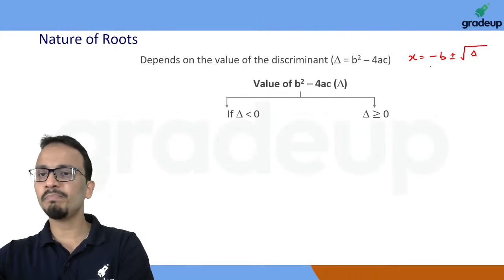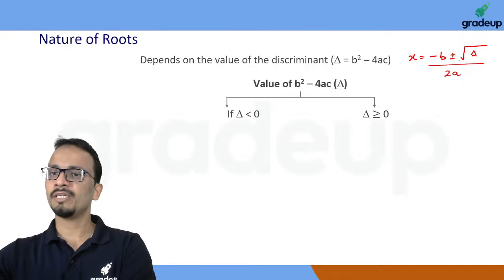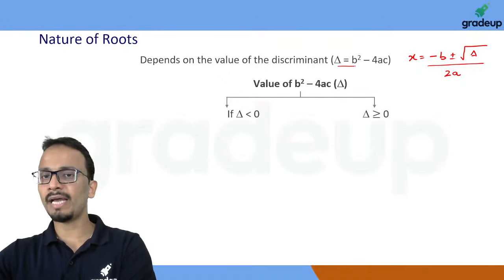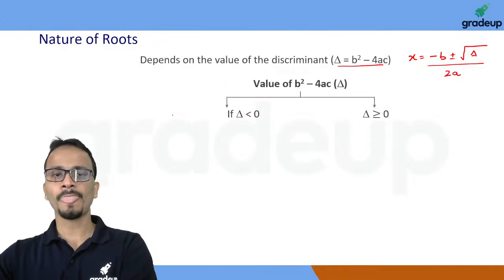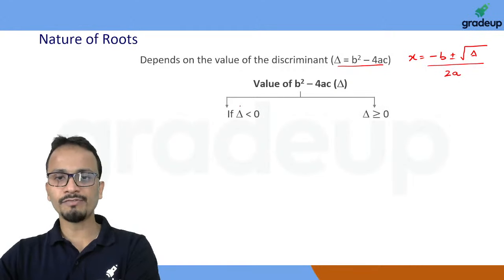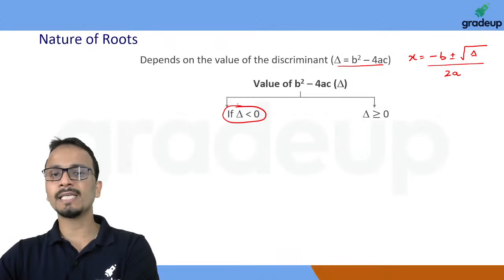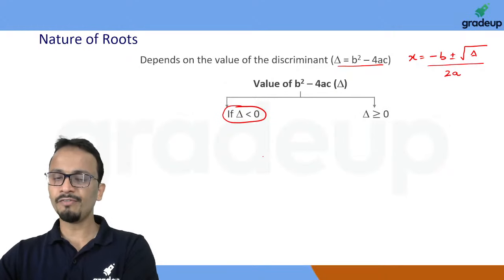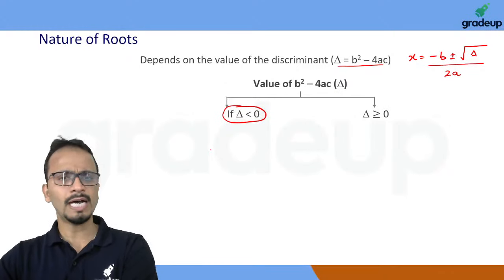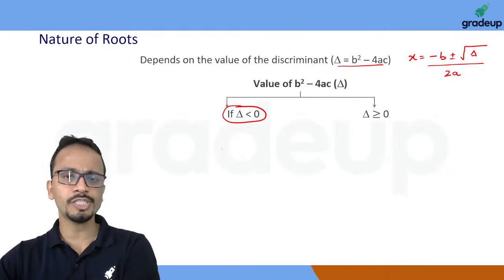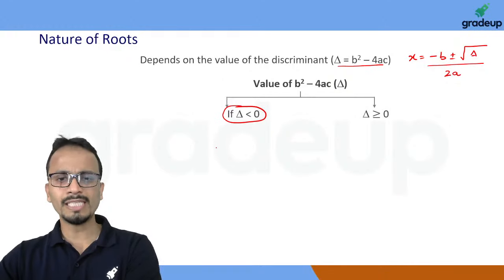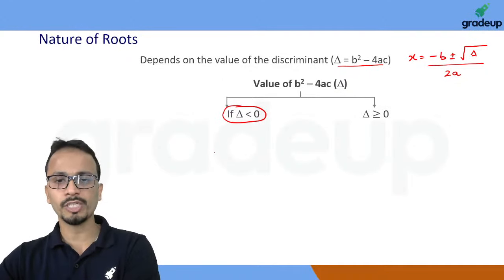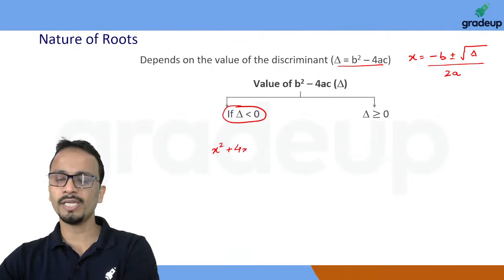So x equals minus b plus minus under root of delta upon 2a. Delta here is b square minus 4ac. All right. Now friends, I'll consider the first case, if delta is less than 0. If delta is less than 0, I'll take an example of a quadratic equation in front of you. So let's assume that the quadratic equation is x square plus 4x